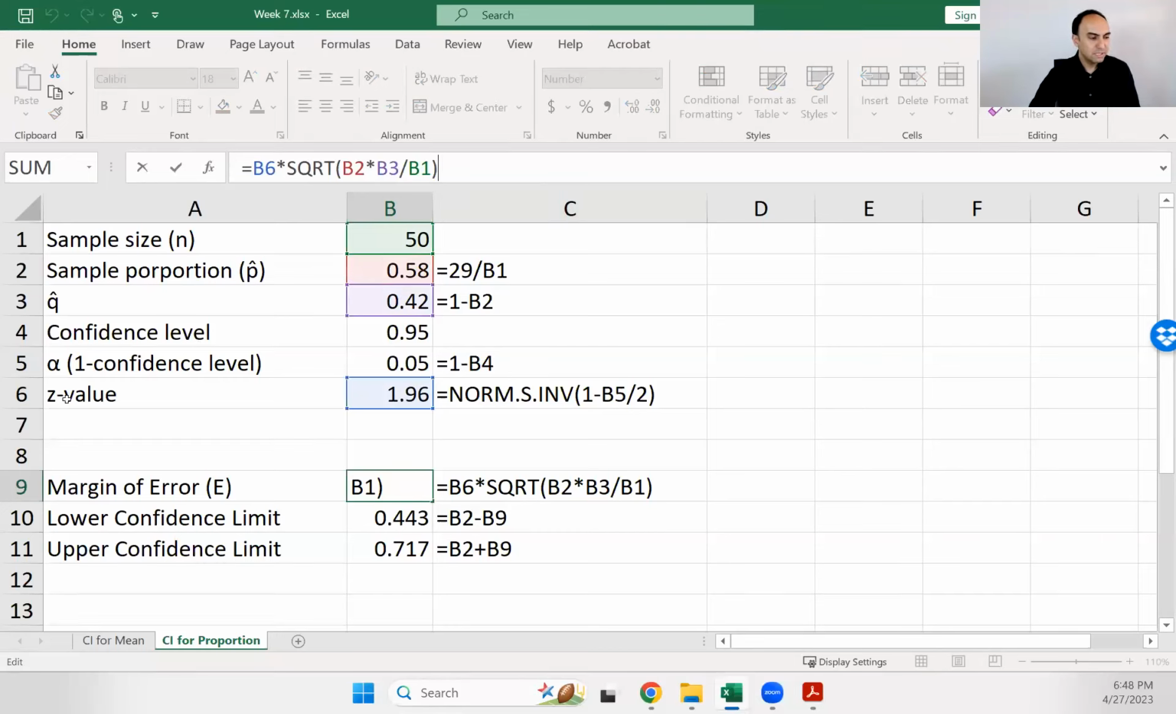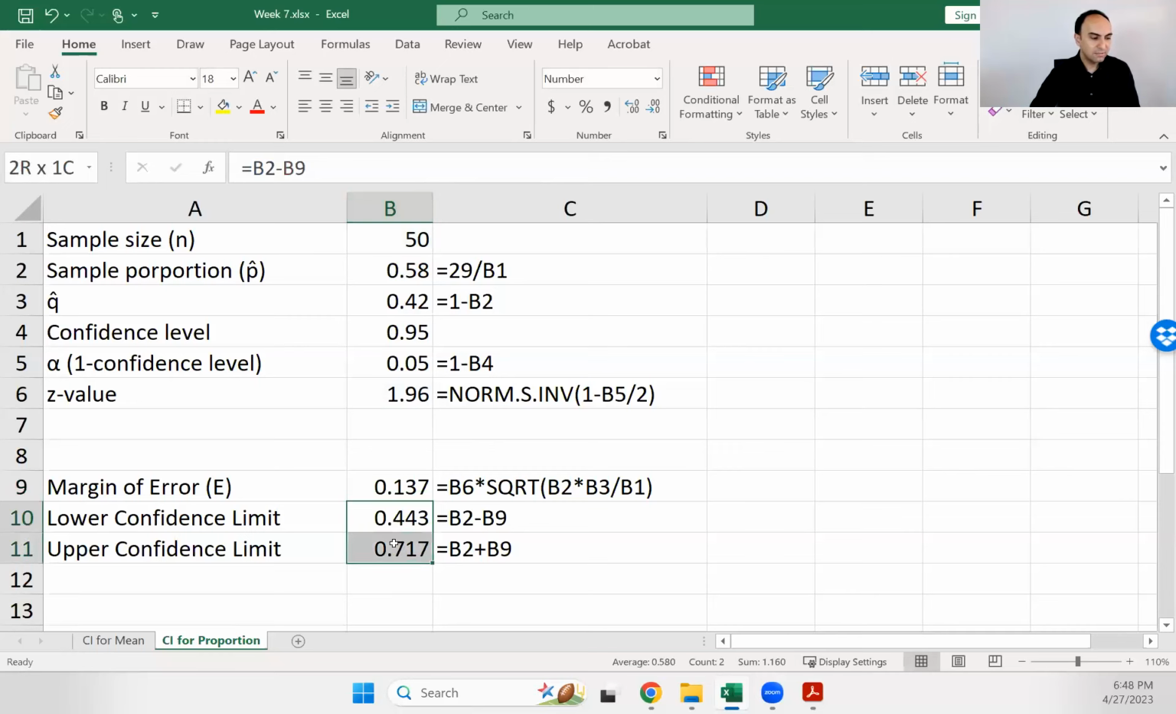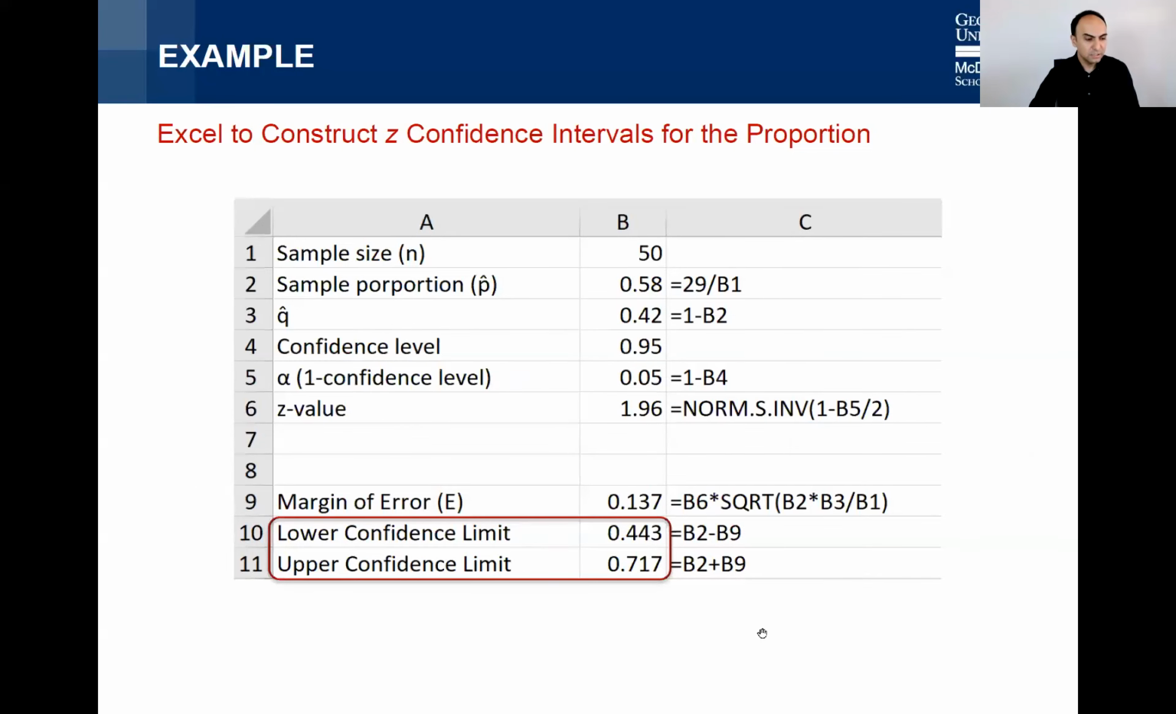Margin of error would be this Z value, that critical value, times the square root of p-hat times q-hat divided by n. Once we have that, we add and subtract it from the sample proportion to get this range of 44.3 and 71.7. In other words, just to reiterate, we are 95% confident that the average proportion of users that prefer Google to Amazon is between 44.3% and